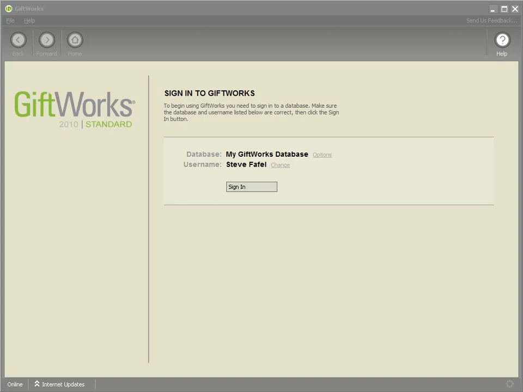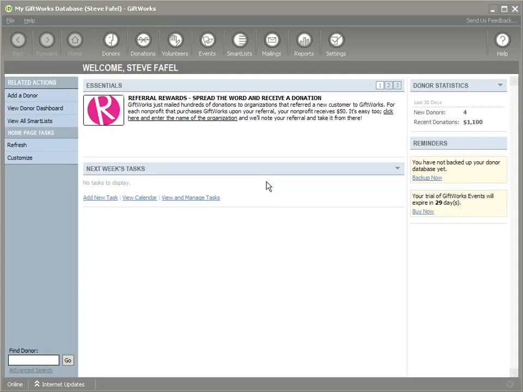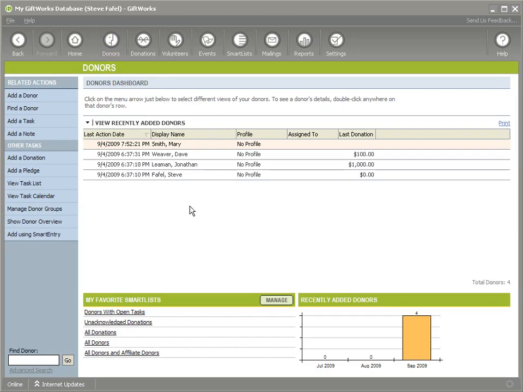So I'm going to demonstrate SmartFields, and if you'll look on your screen, I'm going to click the Sign In button to sign into my GiftWorks database. Now let's pretend for the sake of this demonstration that my organization is dedicated to feeding hungry kids. And so I have 4 new donors. If I click on my donor dashboard, I have 4 new donors that have just begun to get involved with